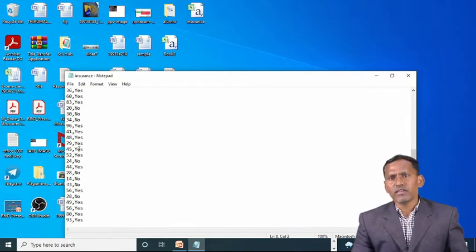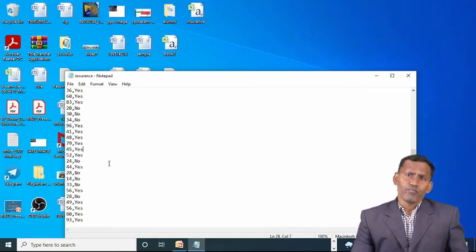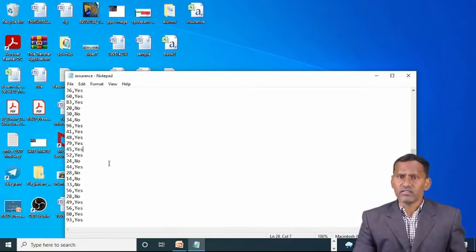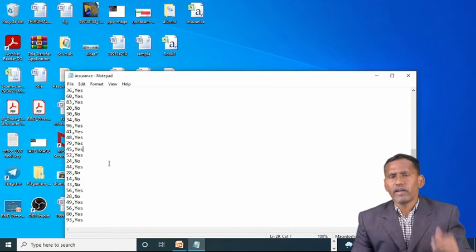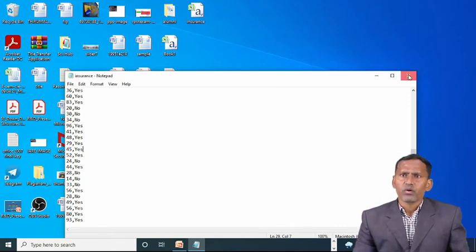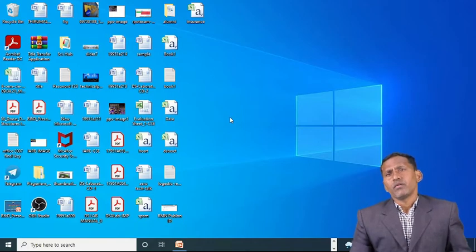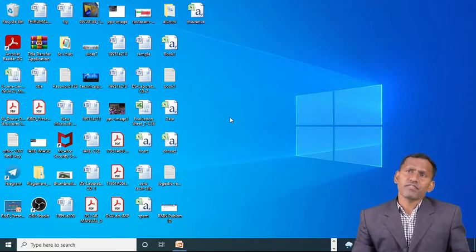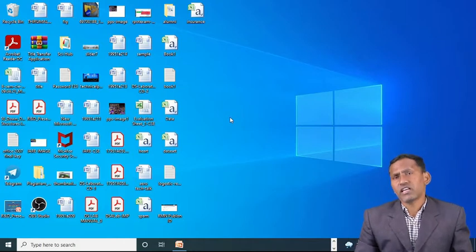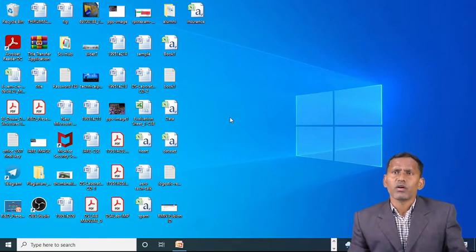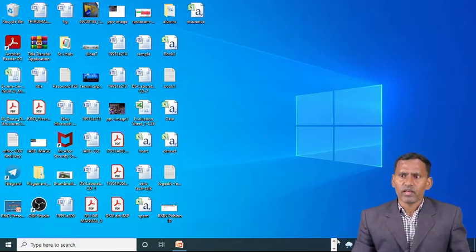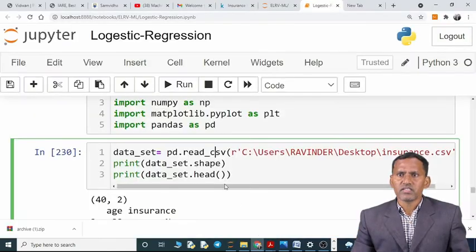Once you analyze all this data, that means people below the age of 40 won't apply for insurance. Those above 40 may have insurance. So this is what the data says. Now we can apply this data set to the logistic function technique, binary classification, which classifies the output into have insurance or no insurance, a yes or no category. Now let us build